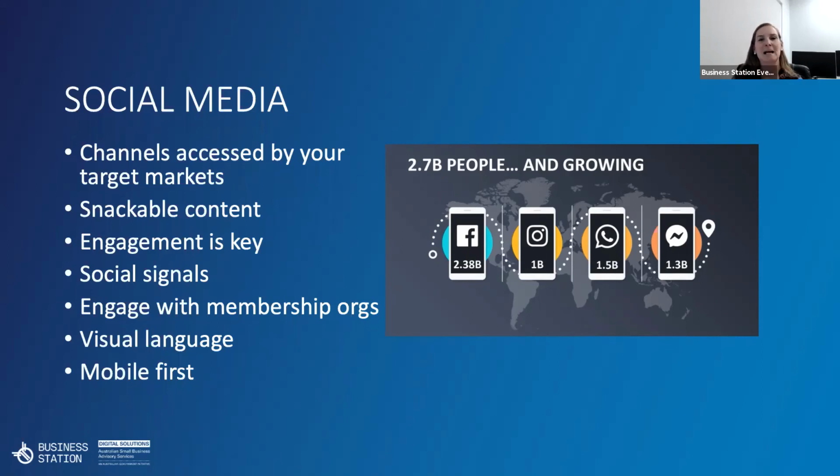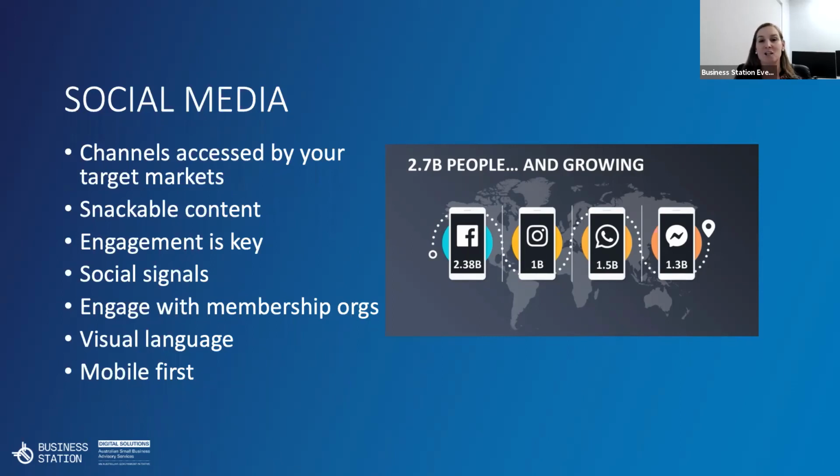And do keep in mind that social media sends signals to search engines like Google. So the more engagement you have in a social sense, the better it is for your SEO. All of these likes, comments, shares, and this genuine conversation and engagement that you're getting in a social sense is actually improving your search engine optimization as well. So it's improving how well you will rank. So that's really important.